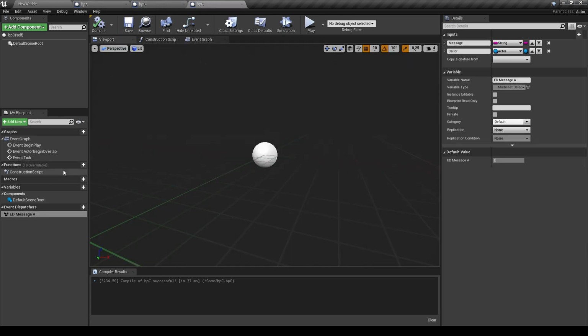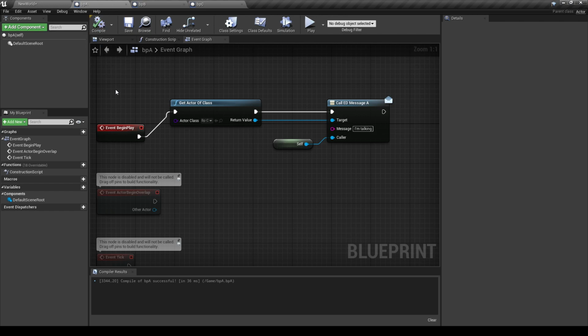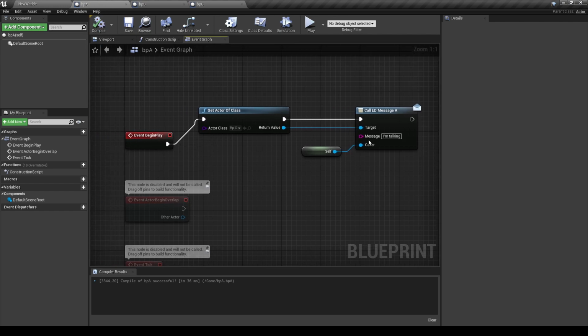So now let's review what we did. In blueprint C, we defined an Event Dispatcher that we called Event Dispatcher message A that contains two parameters, a message of string type and a caller of actor type. This Event Dispatcher allows blueprint A to communicate with it. So when the game starts, Event Begin Play will be called.